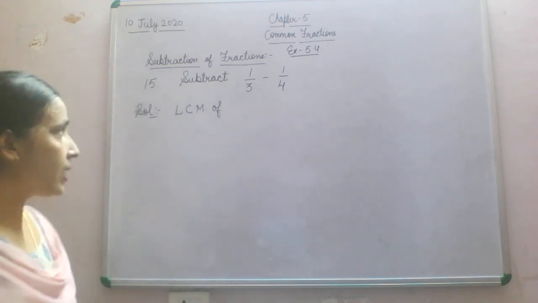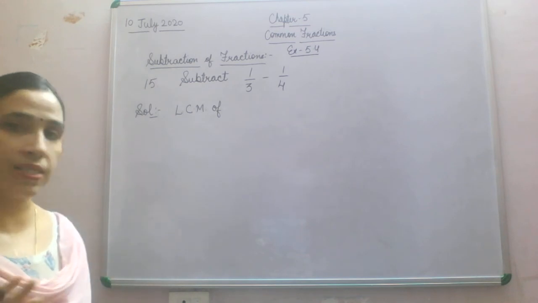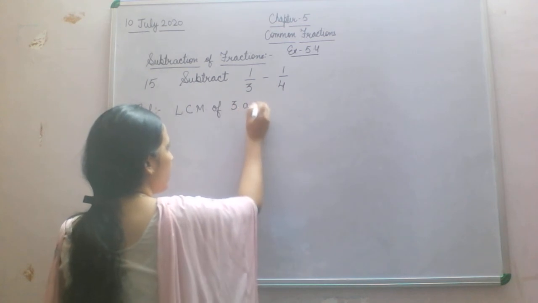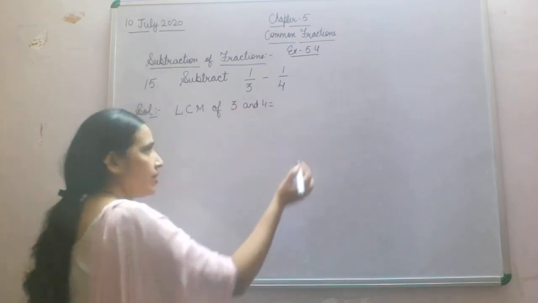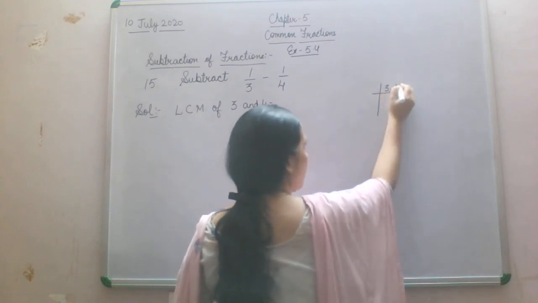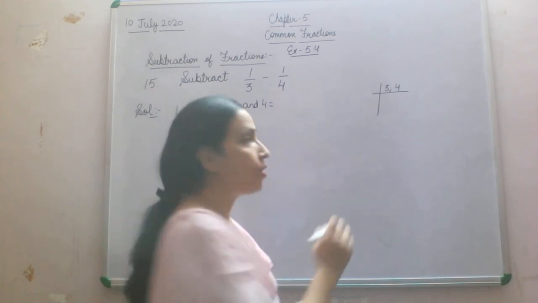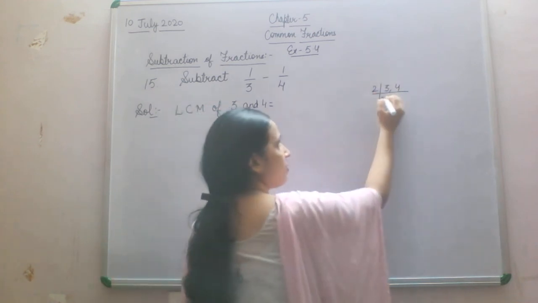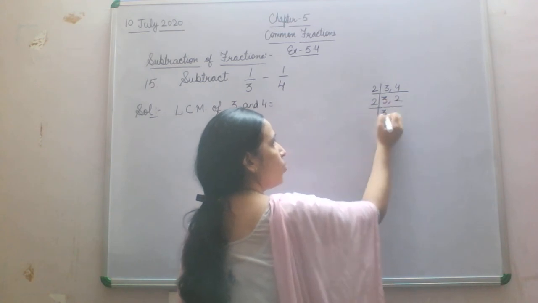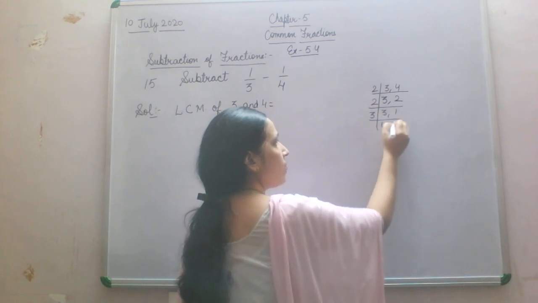Now let's start it. What is the first step? LCM of which numbers? Yes, correct, that is 3 and 4. So let's start finding the LCM of 3 and 4. Quite simple. We will start with which number? 2. So 3 stays as it is, 4 becomes 2, 2 2s are 4, and then 2 1 times. Next it goes on, 3 1 times and 1 times.